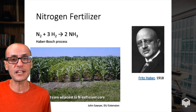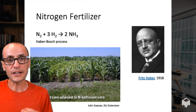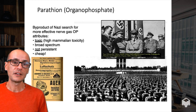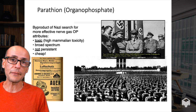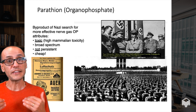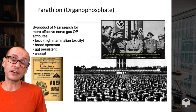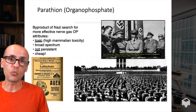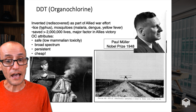nitrogen limitation. One of the other important contributions that happened technology-wise was the development of inorganic compounds for combating pests. After World War II, or actually during World War II, the chemical industries in Germany in particular were developing chemicals that could be used for warfare purposes. So things like organophosphates were actually a byproduct of Nazi research that was being used to develop better nerve agents for use in wartime, including in gas chambers in concentration camps. After the war,